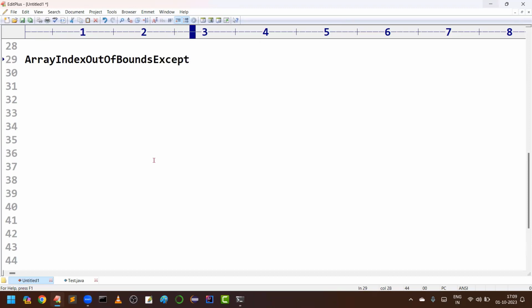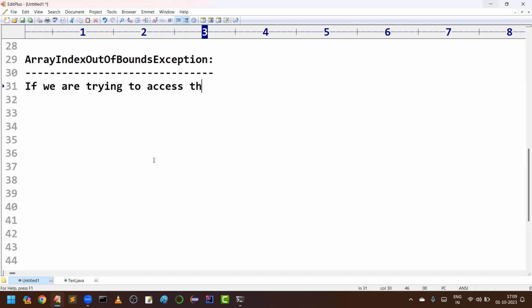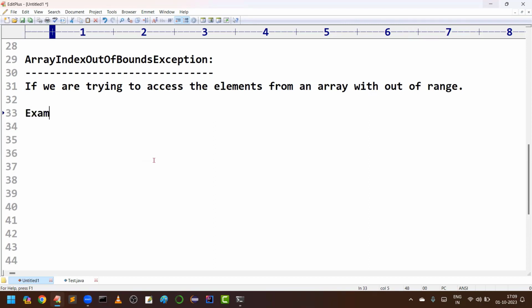As the name itself gives a very clear idea of when this exception is going to be raised: if we are trying to access elements from an array out of range, then we are going to get this exception. Let us take one example program to demonstrate this array index out of bounds exception.